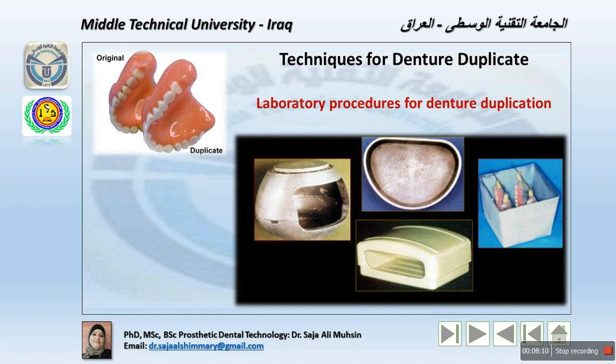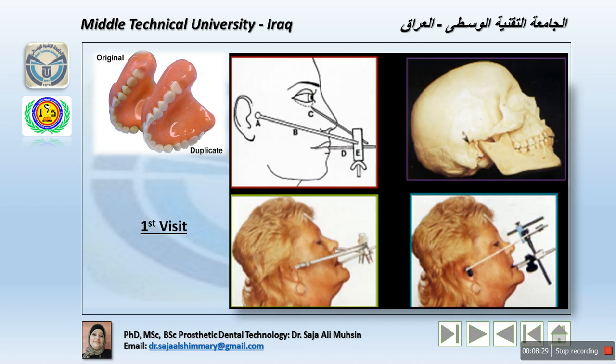Now, for the laboratory procedures for denture duplication, the impression of the dentures is recorded in alginate using a suitable rigid container, such as a duplicating flask, a modified denture flask, or a sub-container, for example. Starting with the process, the patient has many visits before starting duplicating the denture to make sure many steps are carried out